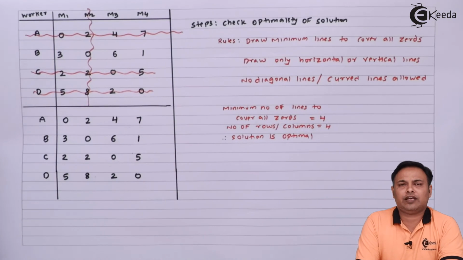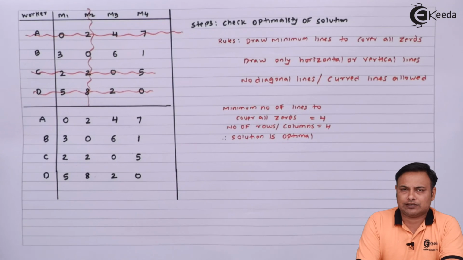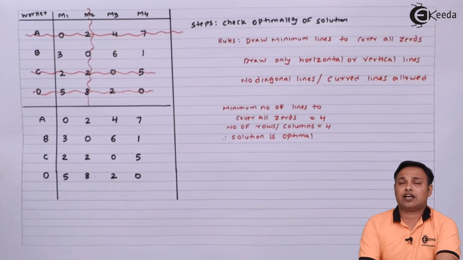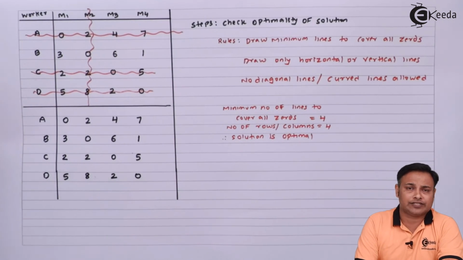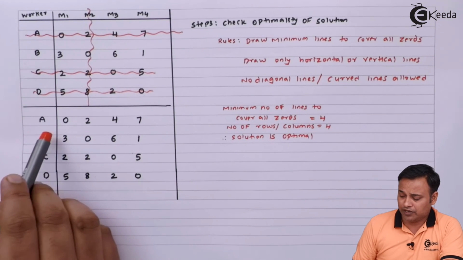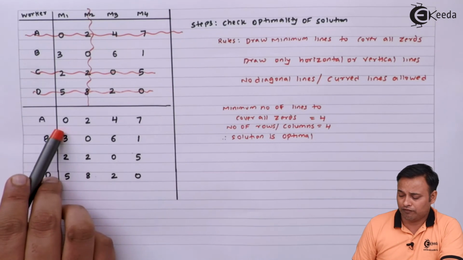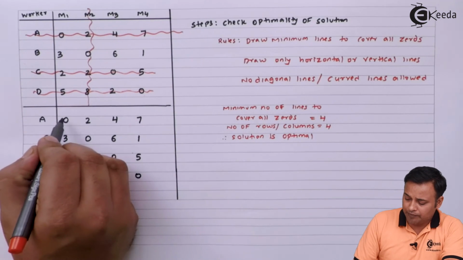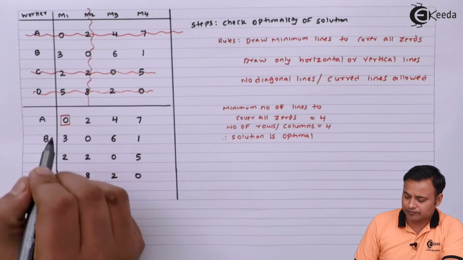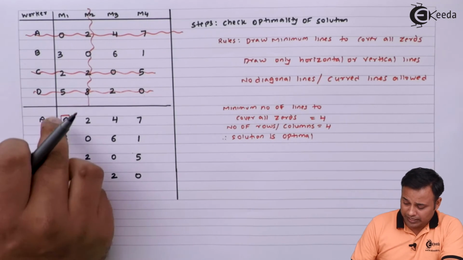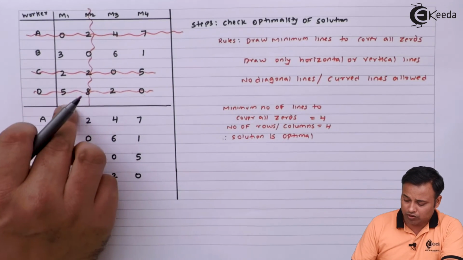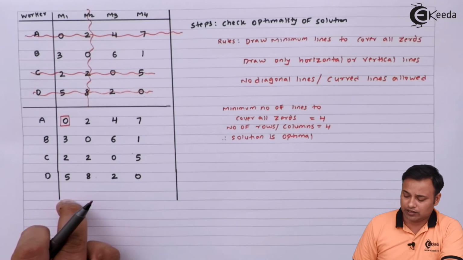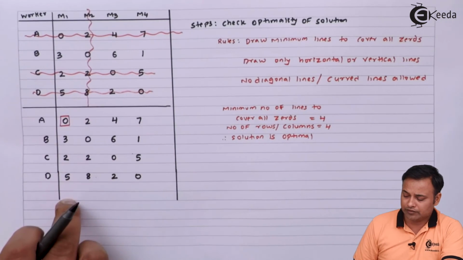हमने क्वेश्चन फिर से लिख लिया। अब हम जाएंगे रो वाइज, और जहाँ जहाँ पे जीरो होगा वहाँ पे हमारा असाइनमेंट होगा। In the first row I have got only 1 zero. फर्स्ट रो में मेरे पास सिर्फ एक ही जीरो है, तो हम यहाँ पे असाइनमेंट कर देंगे, और उस पर्टिकुलर कॉलम का कोई और जीरो अगर होगा तो उसे कैंसिल कर देंगे। यहाँ पे और कोई जीरो है नहीं।